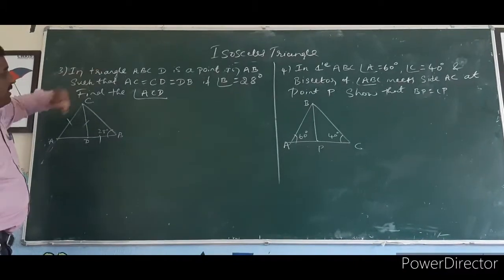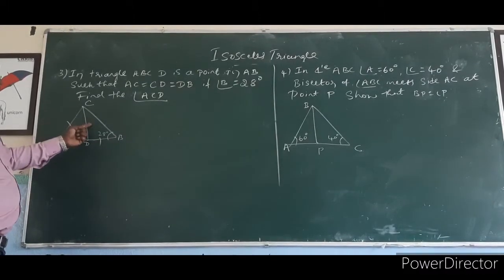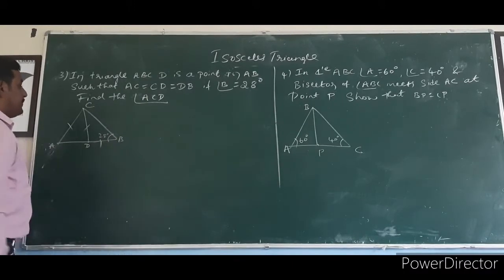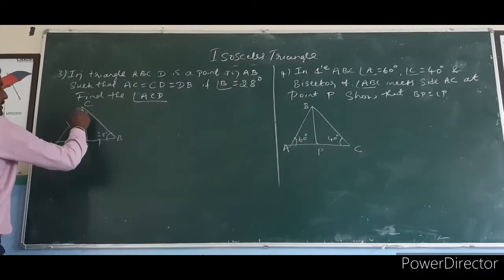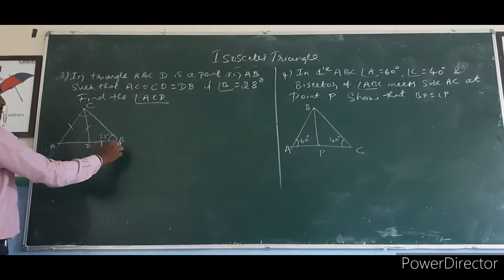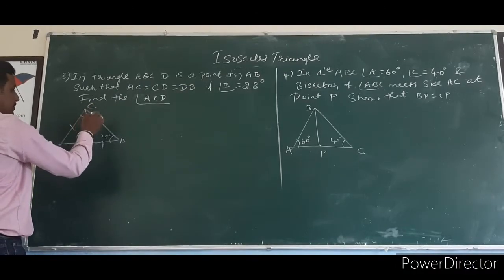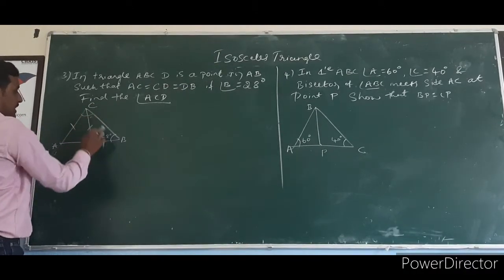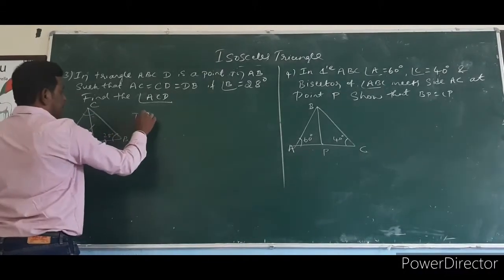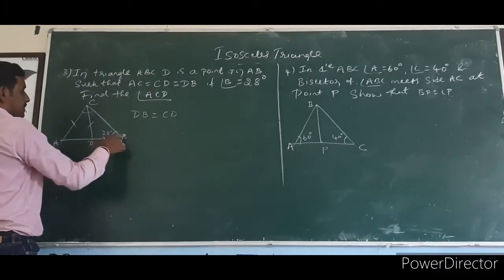Next problem, in triangle ABC, D is a point on AB such that AC is equal to CD is equal to DB, so that angle B is equal to 28. They are asking to find out angle ACD, full angle. If you want to find out angle ACD, first we have to find out this angle. So DB is equal to DC means DBC